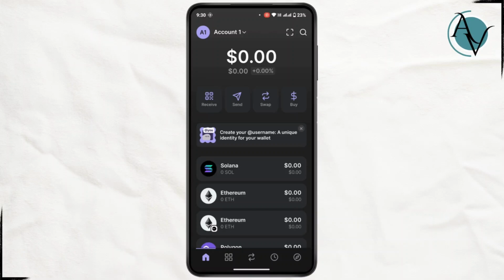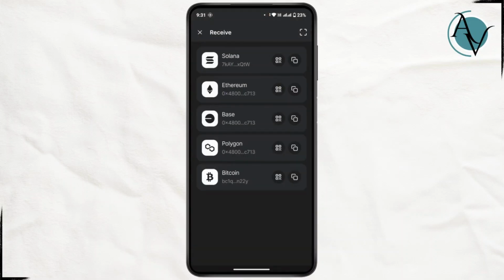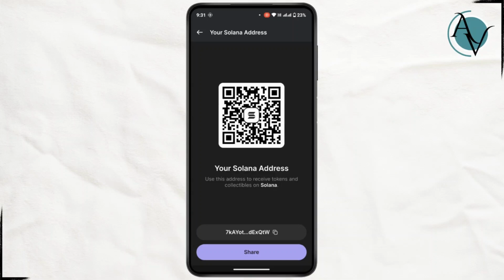Now, once you have opened up the Phantom wallet, you have to click or tap on receive from this interface or from the home page. Then locate your Solana wallet address. For that, tap on Solana. Here you will find your Solana address. Now you have to copy the address. Simply tap on this copy address button. Once you have copied your Solana address,